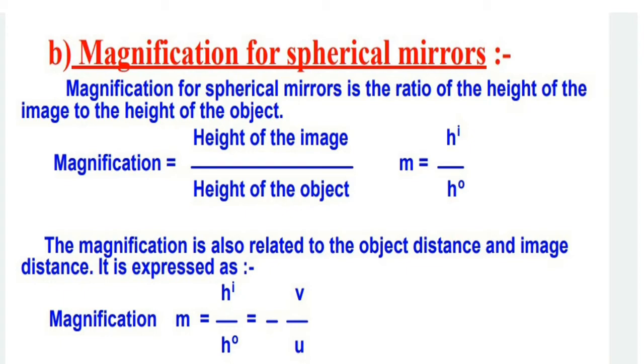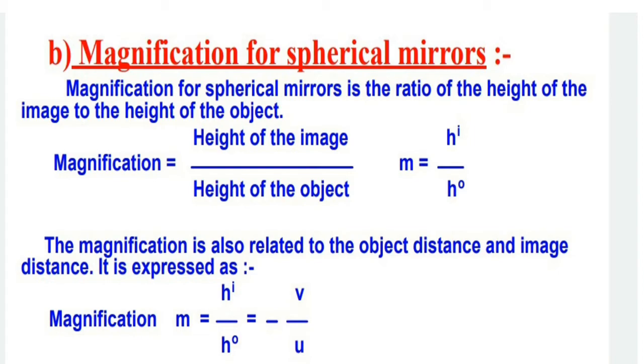The size of the image formed by a concave mirror can be smaller than, equal to or larger than the size of the object, depending upon where the object is placed in front of the mirror. So the magnification produced by the mirror gives us the relative extent to which the image of an object is magnified with respect to the size of the object. Why should we know the magnification? It is only to understand the relative extent to which the image is going to be formed for us.